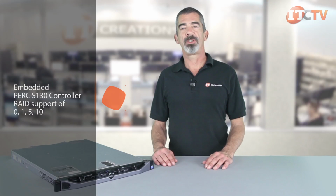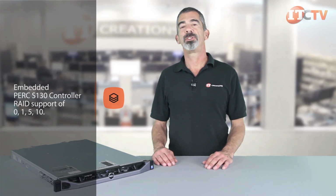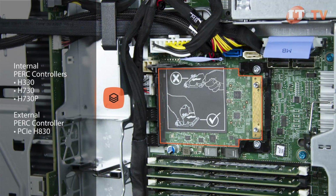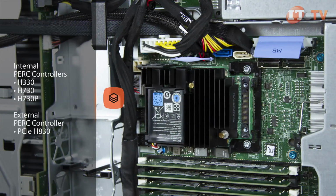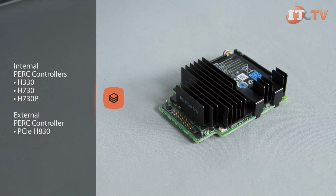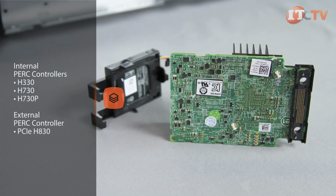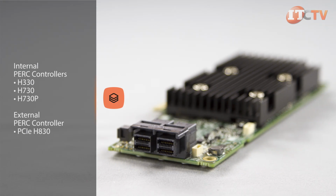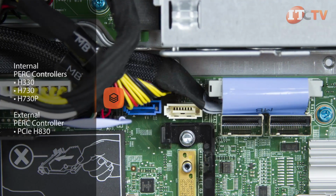The system is virtualization ready and comes with an embedded PERC S130 controller with minimal RAID support of 0, 1, 5, and 10. A dedicated expansion slot on the motherboard supports the H330, H730, or H730P internal PERC controller or a PCIe-based H830 external controller. All the optional PERC controllers offer enhanced RAID functionality at 12 gigabit per second to access the performance offered by SAS drives. Installing one of the optional PERC controllers provides dual 4-port connectors that will support up to 8 2.5-inch